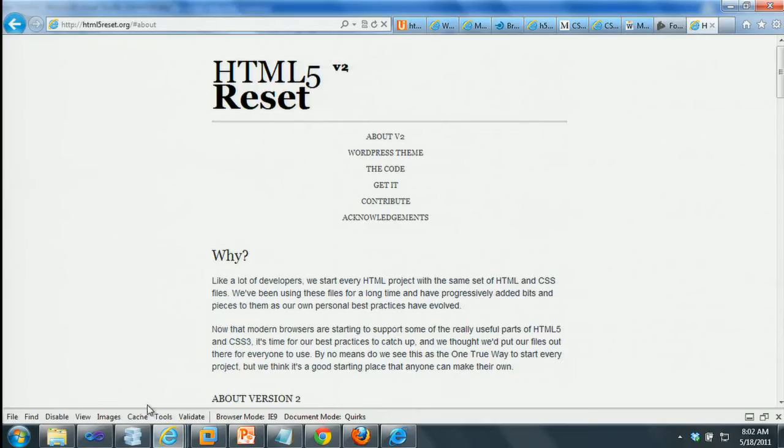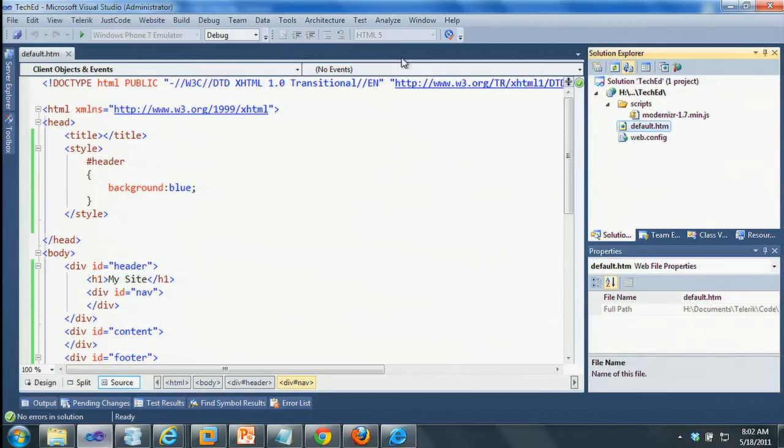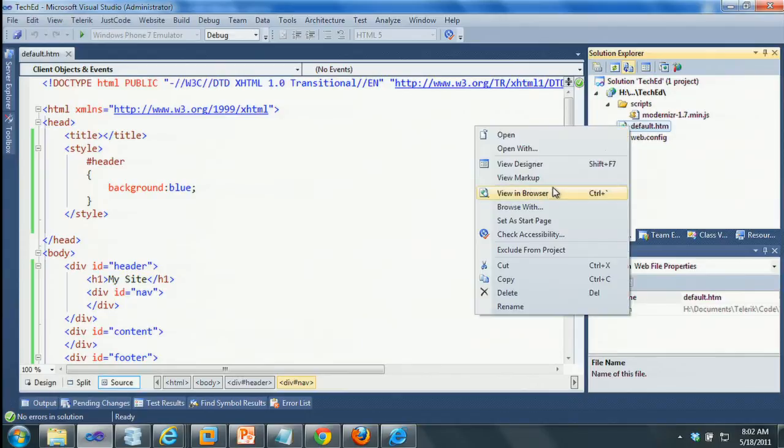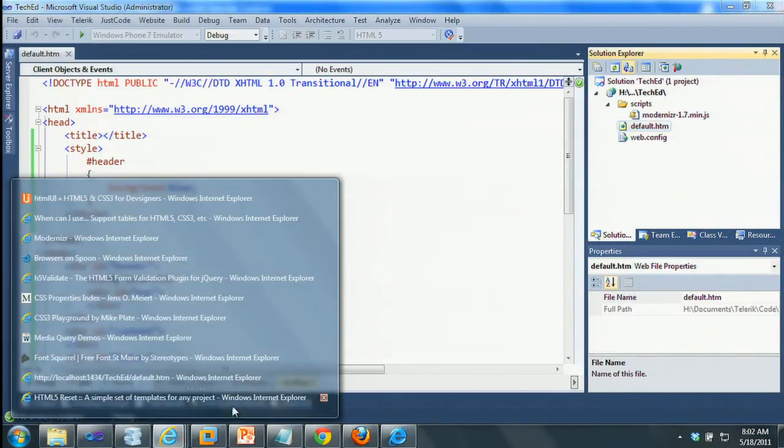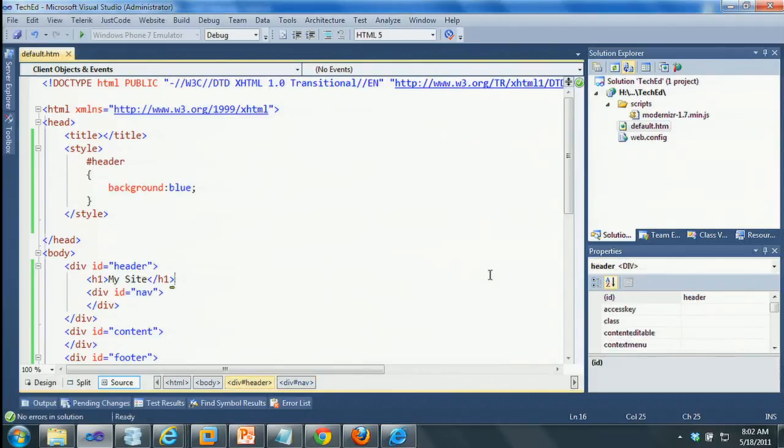And I think we get it up here. Let me try it again. View in browser, and we'll load it up. Well, we were loading it up before, so while it's loading, we'll go ahead and talk about what we